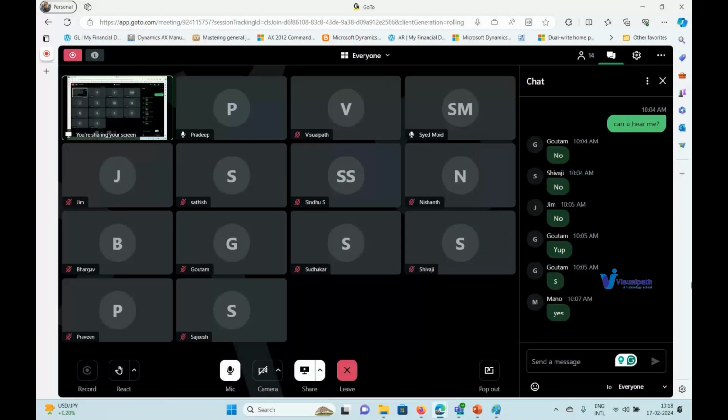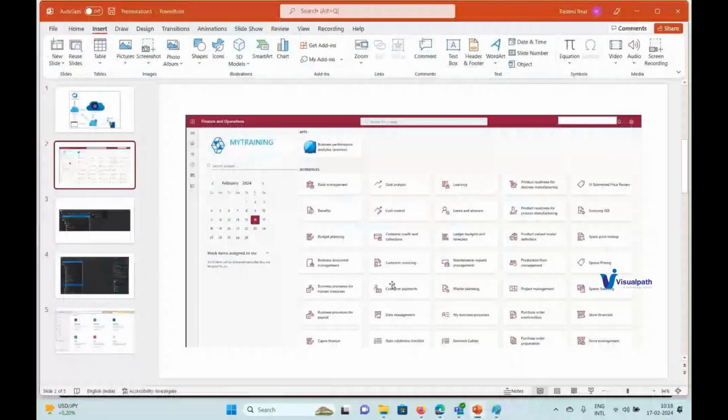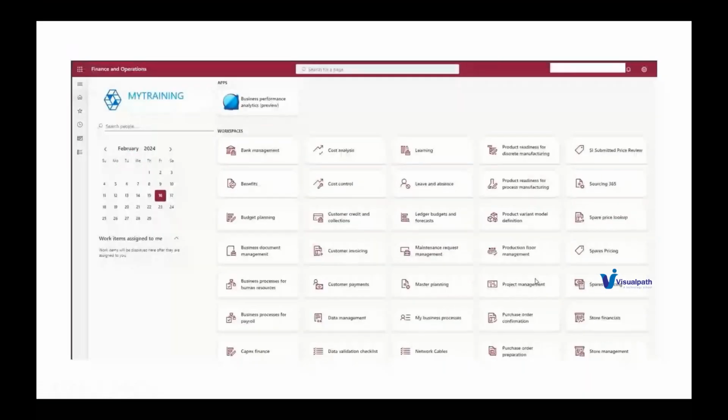This is a screenshot I have just taken to show how the finance and operations application looks. This is the very basic, very first home screen when you log into D365. Okay, so these are different modules within D365. When you are booking a ticket on IRCTC or somewhere, you will see different options, right?